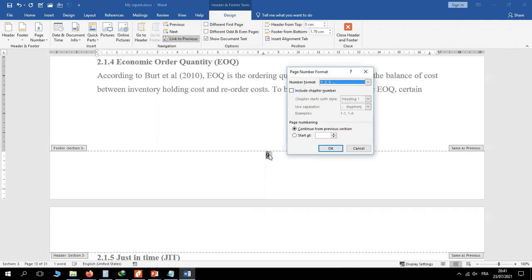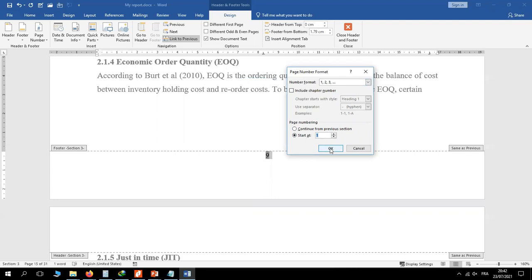However, this time around, I don't have to edit the number format, but instead, I'll just make it start at 1 instead of continuing from the previous numbering. Once we click on this, it will automatically give the option to set which number you want it to start from, okay? So for my case, I've set it at number 1,